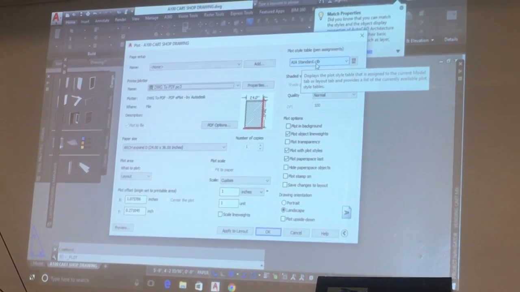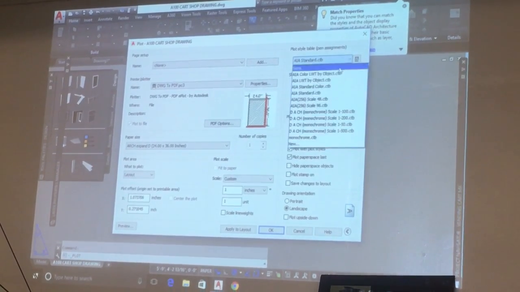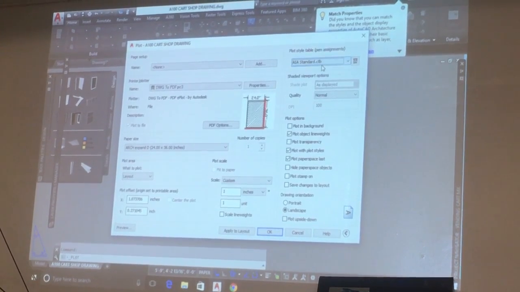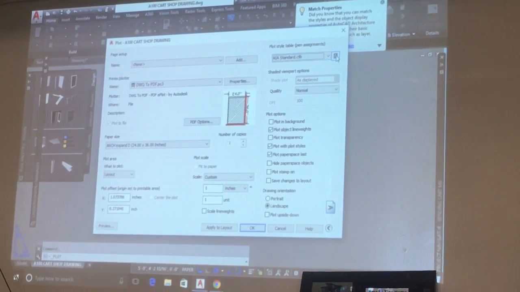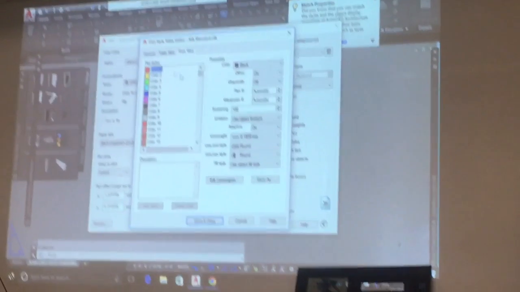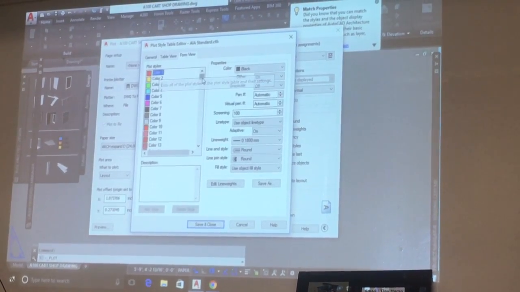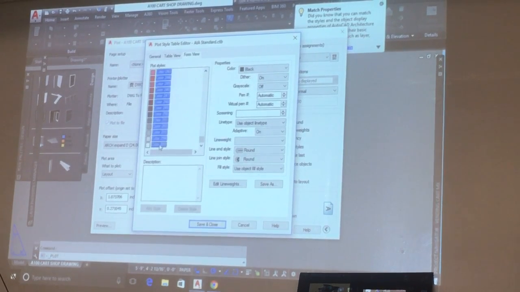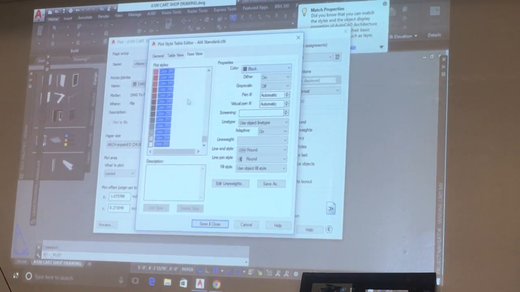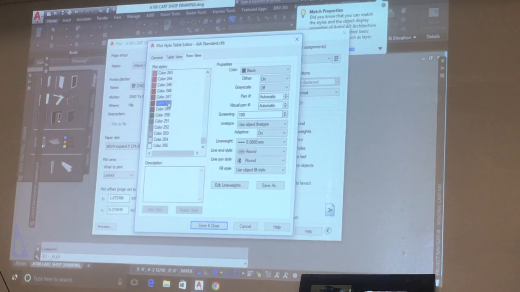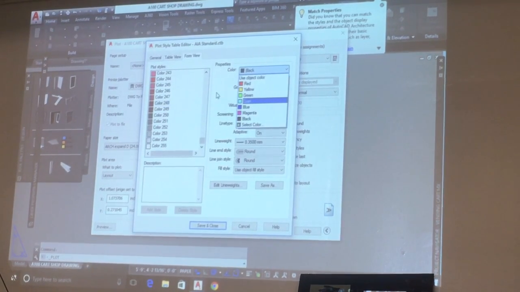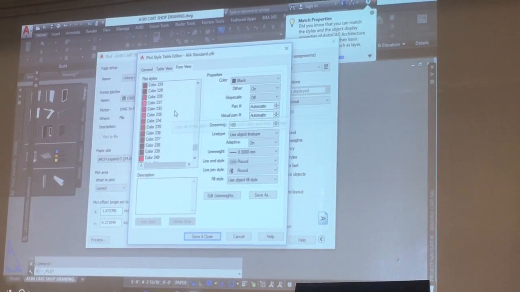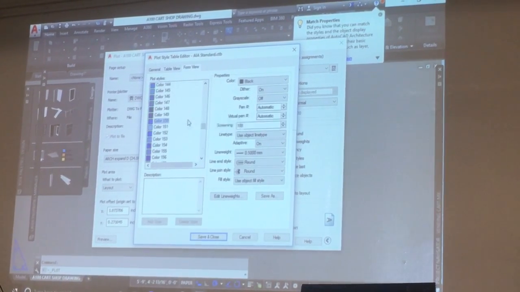Notice that it says here CTV. Whatever I choose here is CTV because that's what I said. Right? And we use AIA standard because when I click here, everything is black. I'm gonna select here and I'm gonna select the last one, watch. And everything is black. It doesn't matter what I select, everything is black. It can be the color that you want, right? But everything is black. So when I say the color defines the line thickness, let's take a look at the